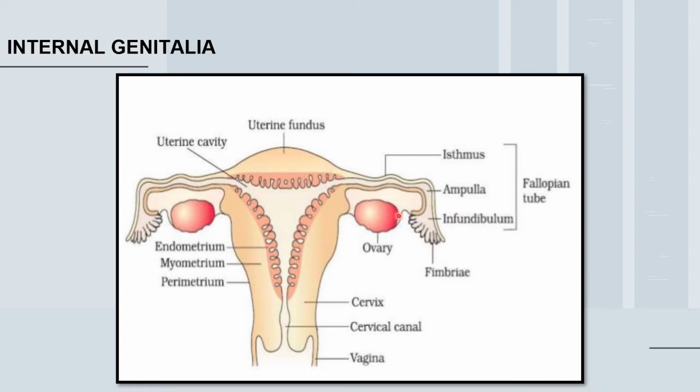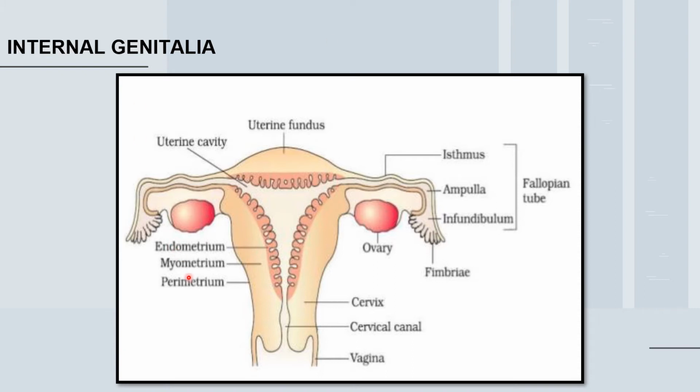Ovaries are ovoid or almond-shaped structures located on either sides of the uterus. Each ovary is going to be around 3 cm long, 1.5 cm wide and 1 cm thick. Each and every ovary is going to be attached by its narrow end to the lateral body wall in the pelvic region by a double fold of peritoneum called mesovarium. The ovaries are also going to be attached to the uterus by thick ovarian ligaments.